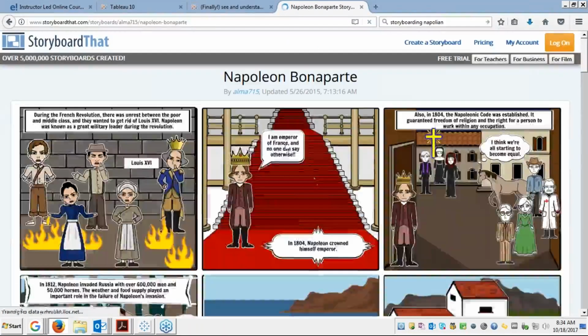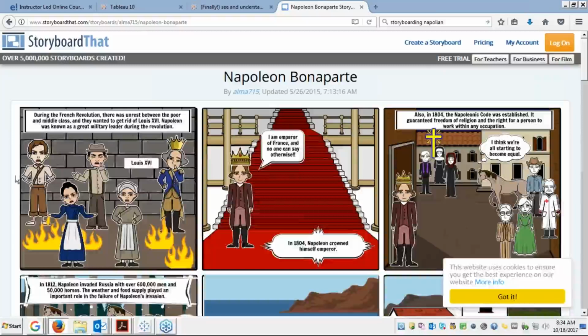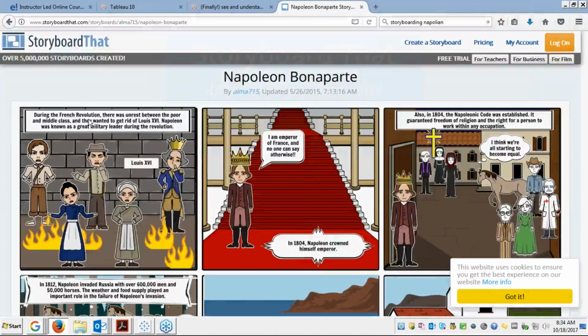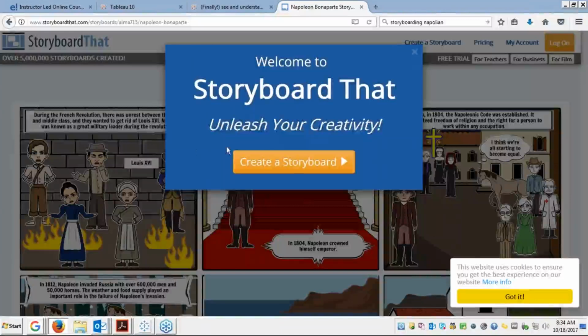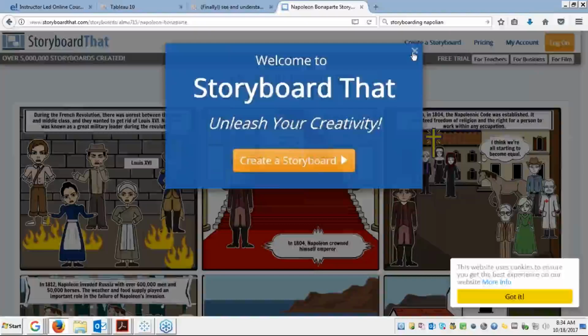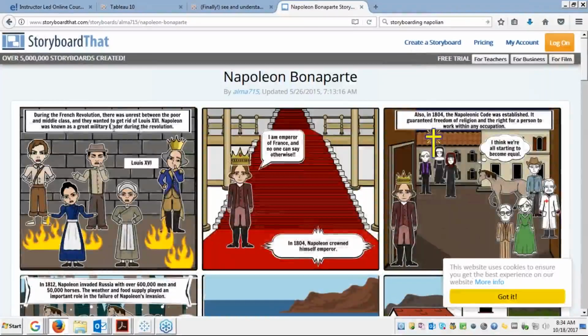So I'll just open one of the storyboards for you, friends. This is the storyboard of Napoleon Bonaparte. It's going to be a lot of information given in a short form, like stories. Okay, so this is the start of that. During the French Revolution, there was unrest, and the poor and the middle class wanted to get rid of